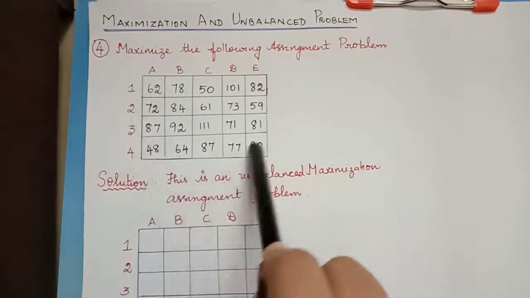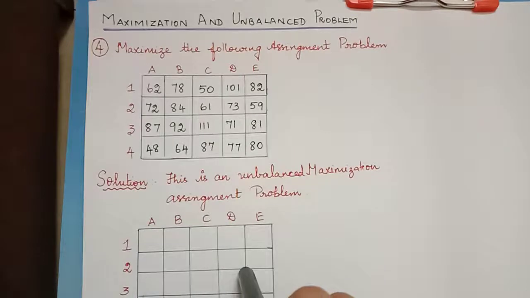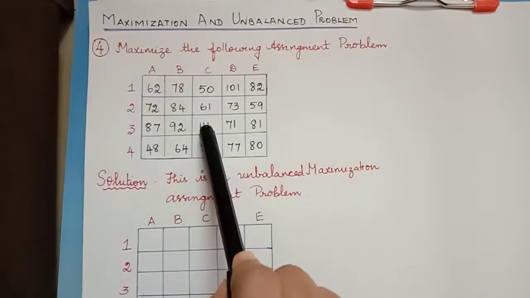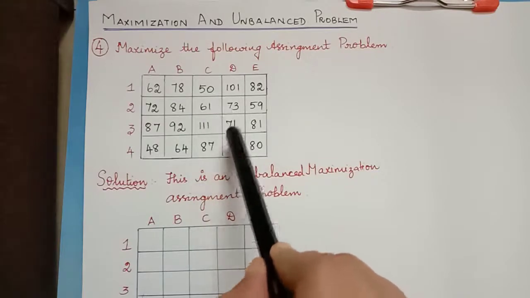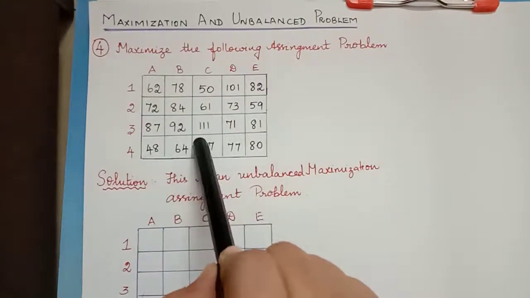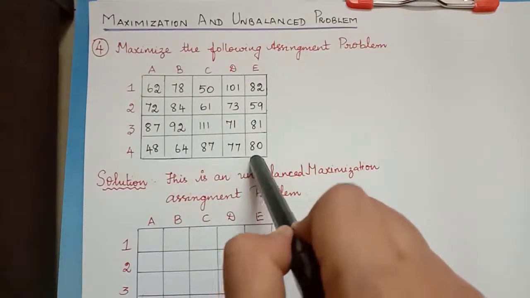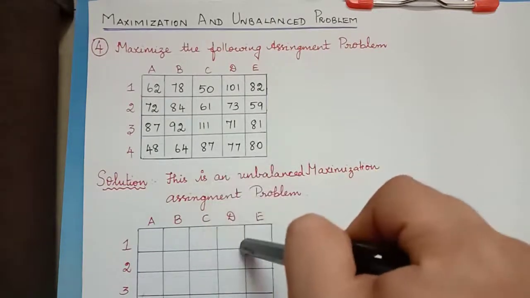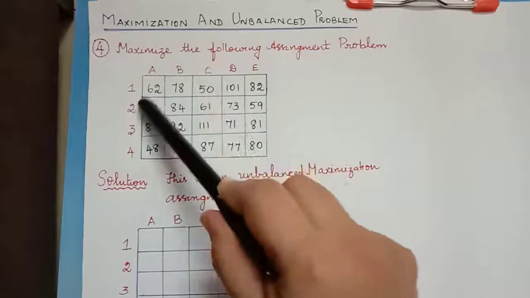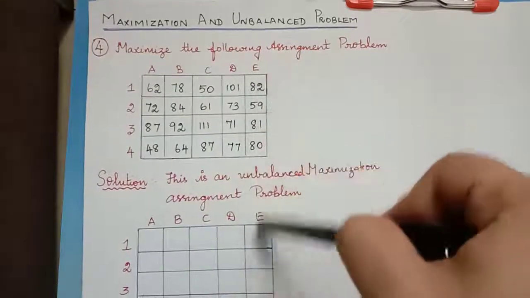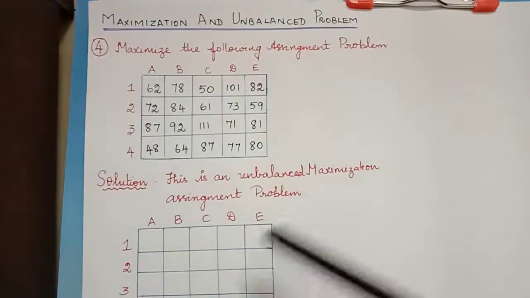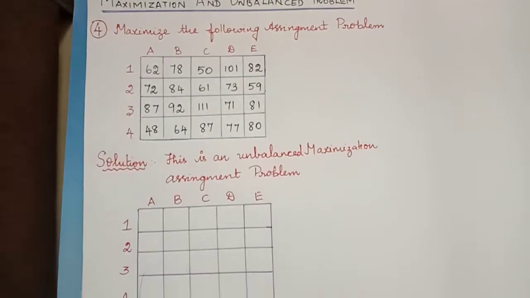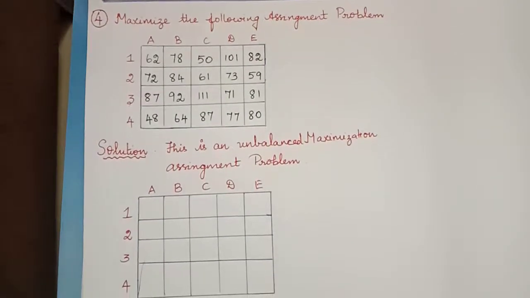Now when the assignment problem which has to be maximized is unbalanced, first and foremost we have to convert this matrix into a loss matrix. So this matrix given is called a profit matrix. Now because we want to maximize the profit of an assignment problem, in order to convert this into a minimization problem, we should first convert the given profit matrix into a loss matrix, and after that we have to balance the problem and then we have to solve it as usual.